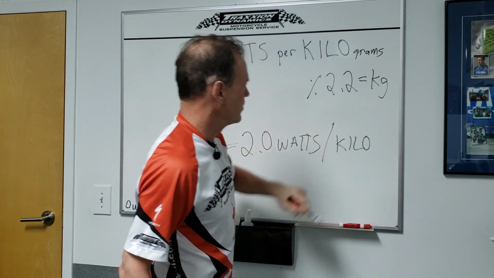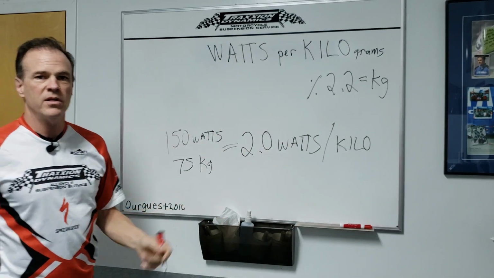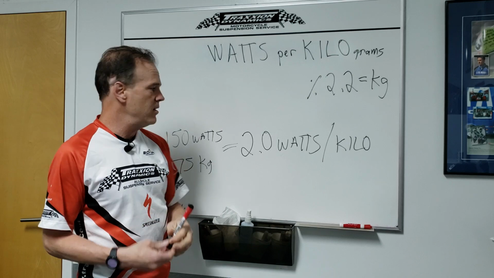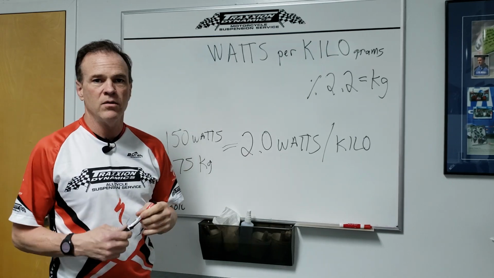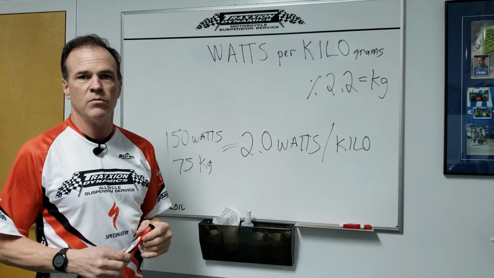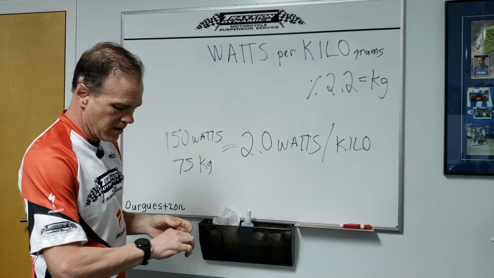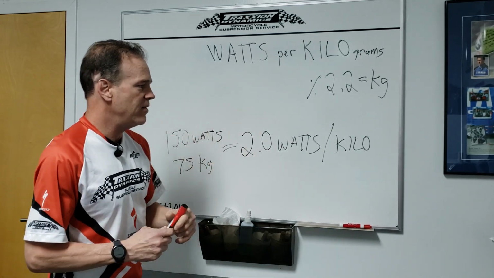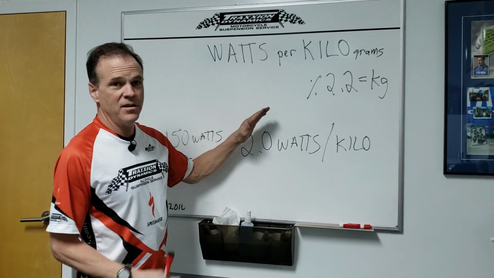All right. So then all you have to do is look in the events chart and find a group that's going out to ride at 2 watts per kilo, and boom, you ride in, you'll fit in, you won't be struggling, that'll be the ticket. Now, it's important to note that the scale is not linear,